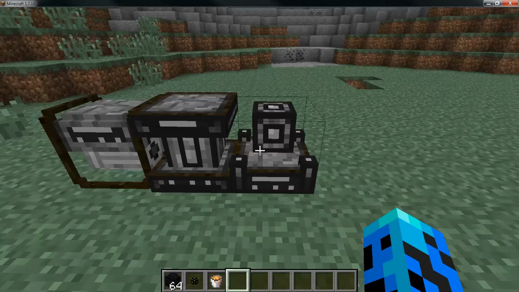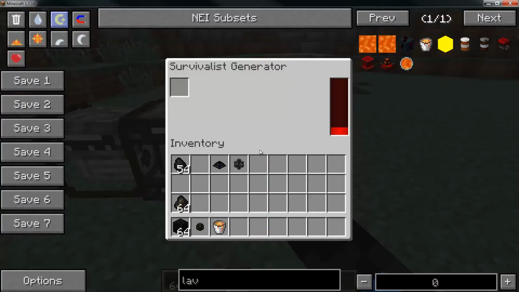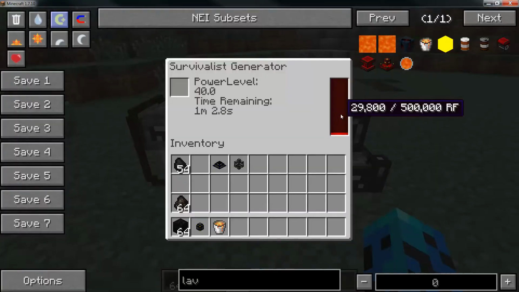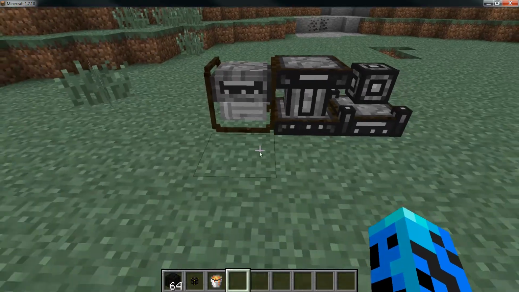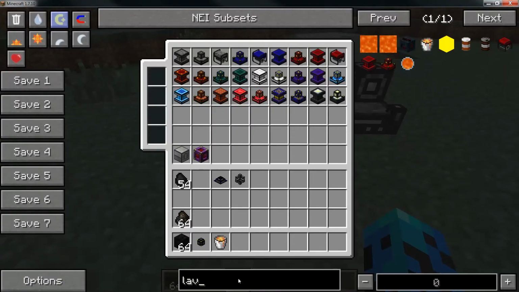I can see this is done. That gave us 80,000 RF. This guy's still running. This guy's still running. And let me show you some recipes. So if I switch over to the generator,